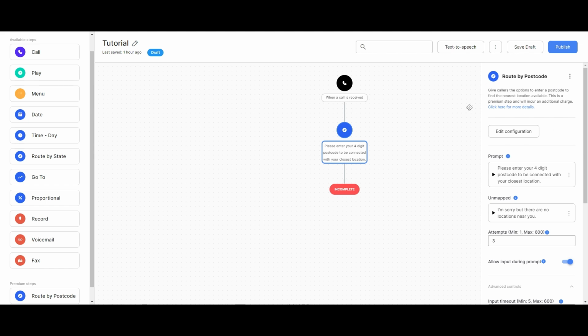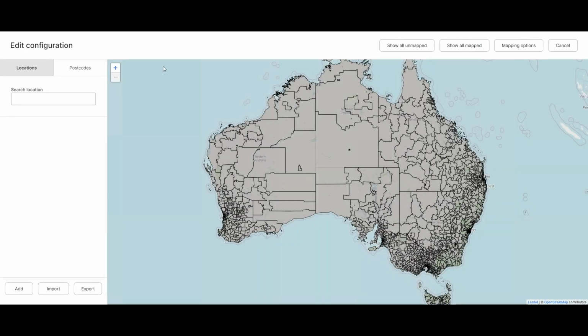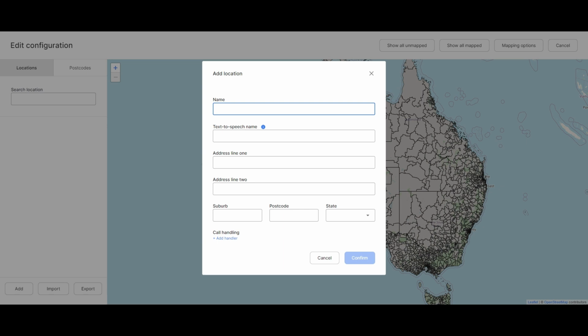To actually configure locations for the route by postcode step, just hit the edit configuration button. This opens up the postcode viewer editor. On the left here, you can enter in locations. For example, could be a location of a business. The text-to-speech name specifies the audio that we'll use when saying the name of the store. For example, it could be